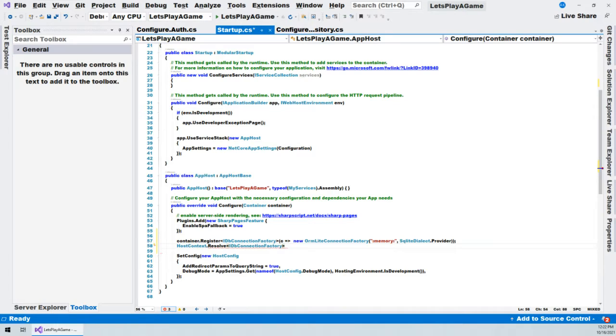Now I can use that later on in the code to get the instance of this ORM like connection factory that I registered. That's what that does. That's all you need to do. So now we have our SQL connection set up. Normally you'd do something smarter here, like